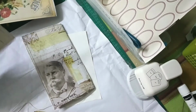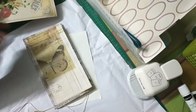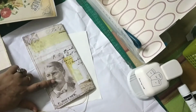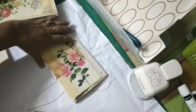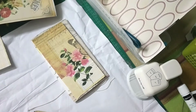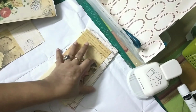So I do not want to cover this, but probably I will. I'm not sure. So probably I will not cover this. I'm going to keep this. So I like this. This is a Tim Holtz paper pack, by the way. I think it's French industrial, a gentleman's something. I have quite a few of those paper packs, and I just hang on to those, I love those paper